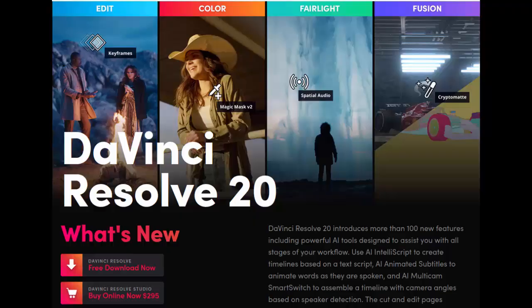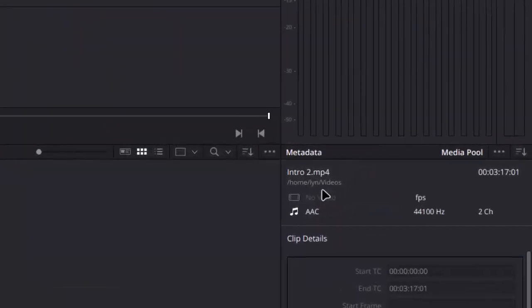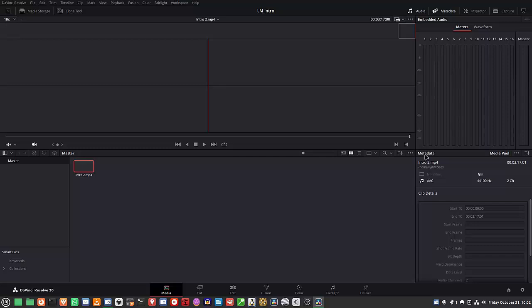to be a fact. Notice over here it says it sees its AAC, but it doesn't know what the video is. It has no idea what that is. So this is a major problem, and I can no longer recommend DaVinci Resolve now that I've actually tried to use it. You know, it all looked good on paper. It had all these features and everything, but if you can't use it with a common MP4 file, then what's